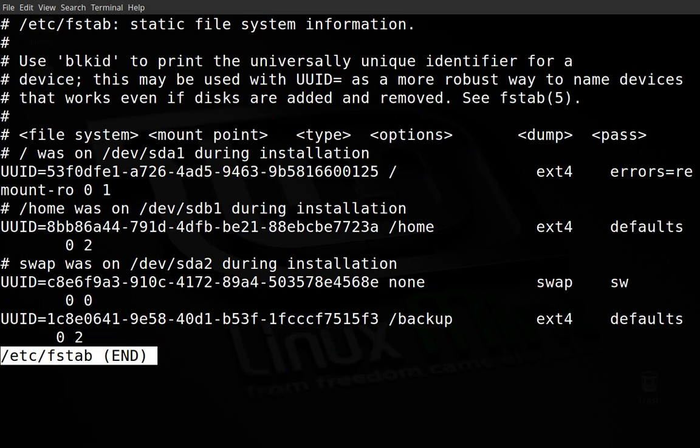Fstab. Okay, so when the system boots up, this last line that you're seeing right here is grabbing this new partition that I created, and then it is mounting it into the backup directory. And also I set it up so this gets checked when the system boots up too. So it's getting checked with